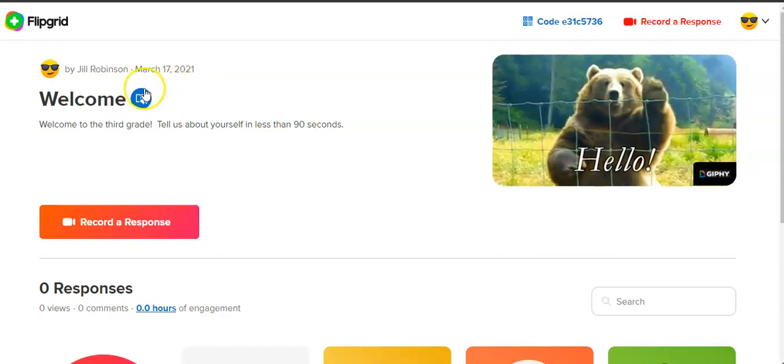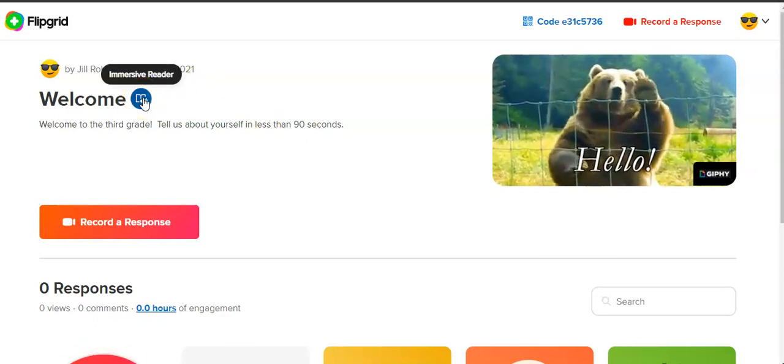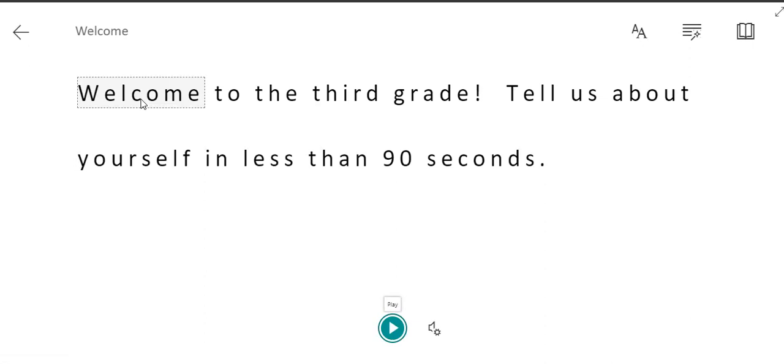So anywhere in Flipgrid that you see this icon indicates that the Immersive Reader is available and the text can be read. So we're going to go ahead and click on Immersive Reader, and you're going to see here that the screen changes, and this is Microsoft's traditional screen for the Immersive Reader. So you can see there is a dotted box around the first word that indicates the first word that is going to be read in this particular area here, and I will go over some of the other settings that you have available. But to just play it, all you need to do is come down to the bottom and